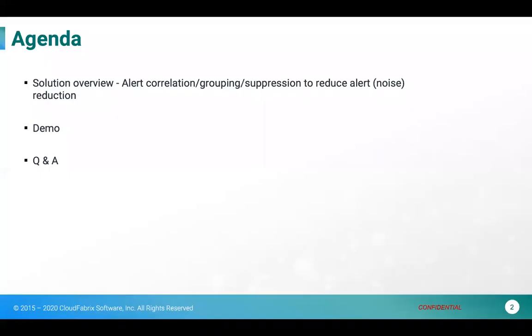So, a very quick, simple agenda. We'll be focusing on a specific outcome, which is alert noise reduction, and how you achieve that through grouping, correlation, and using ML algorithms. We'll also highlight what you need to be aware of when implementing this AIOps solution for this specific outcome, and what things you should take care of and observe. Then we'll have a short demo, and as time permits, some question and answers.